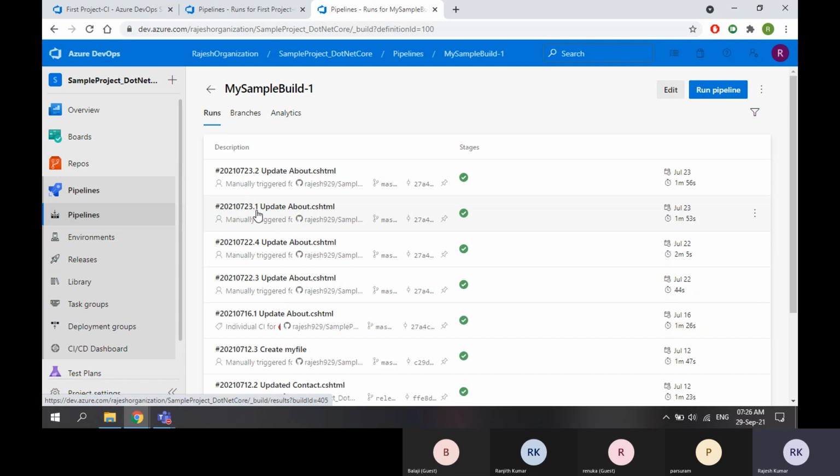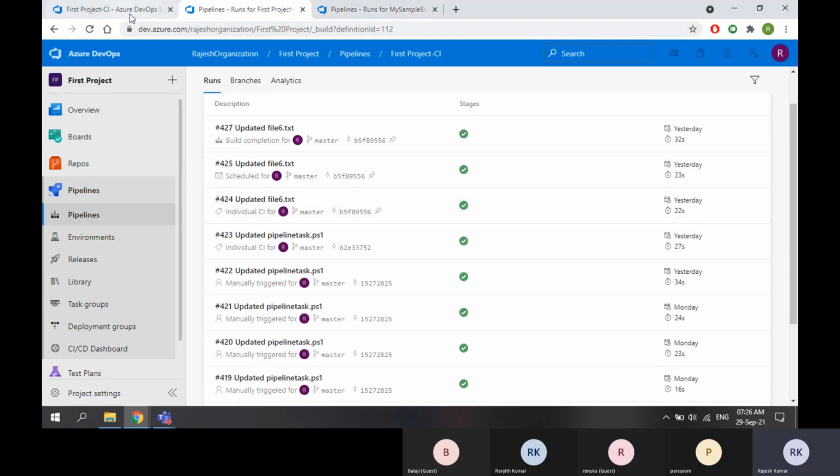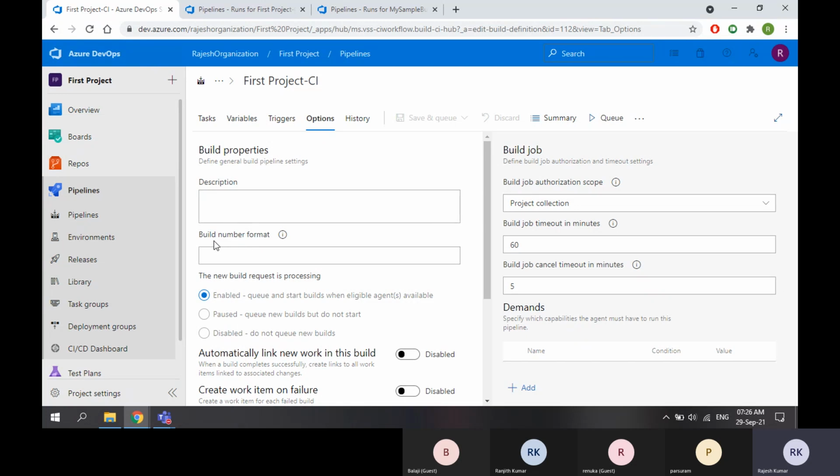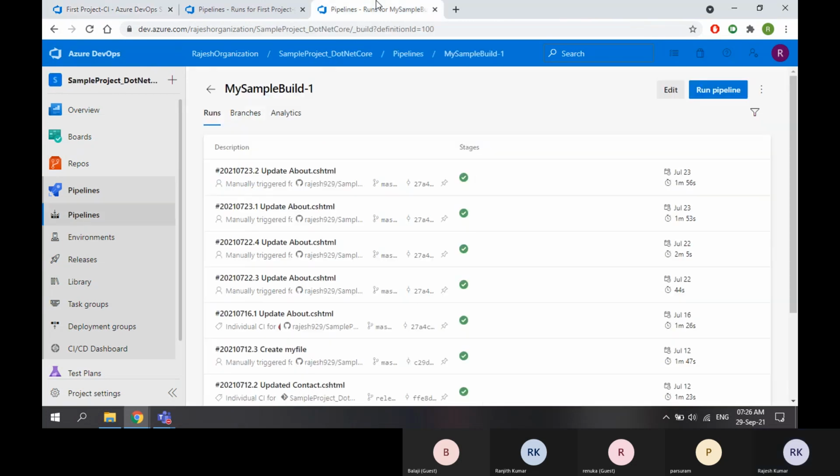On that day, this is the first build. On the same day, I ran the second build, so it says 2021 July 23rd, second build. This way, you can have a specific format for your build numbers. That's what you can design here: the build number format, how you want to have the build number.